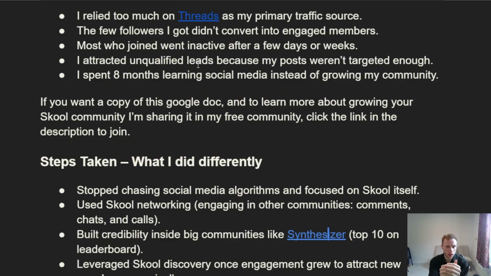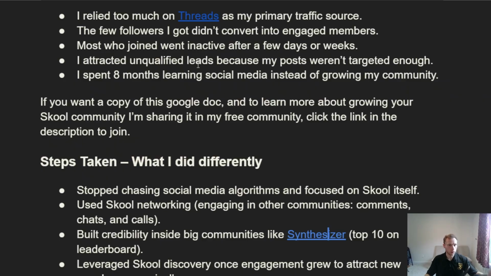It doesn't have to be the same exact niche, but it can be niche adjacent. Say if you're running a tennis community, maybe you want to go on a pickleball community or a badminton community because you're sports oriented. You want to share your hobby, share your passion for sports and tennis, and being in these communities, you can find people that are attracted to you, and if you provide the value within those communities, you're going to potentially get people in your community because of the value that you provide.